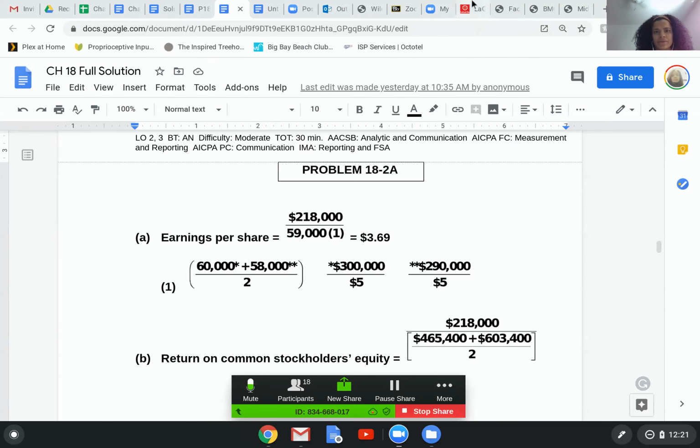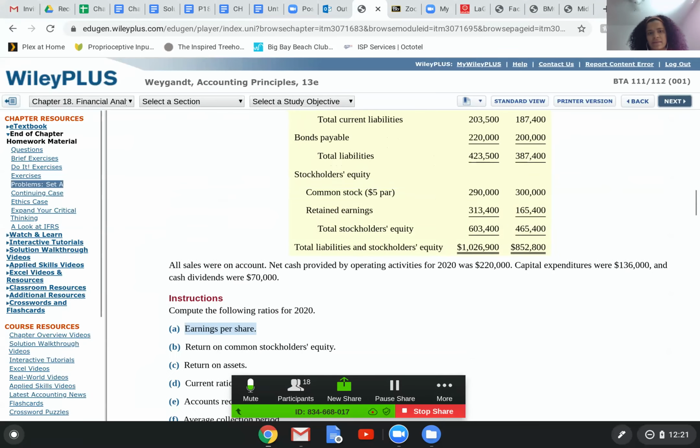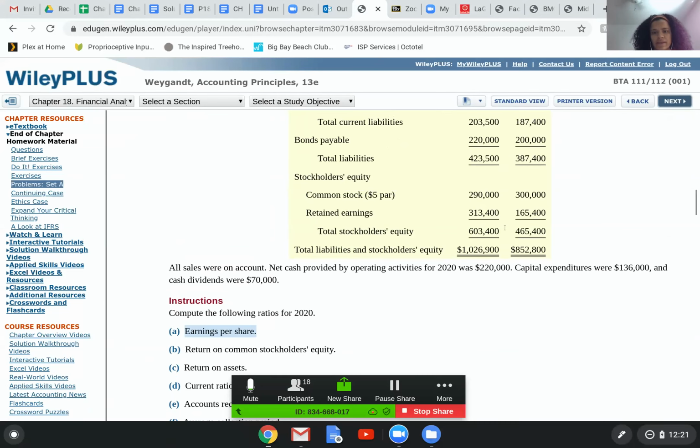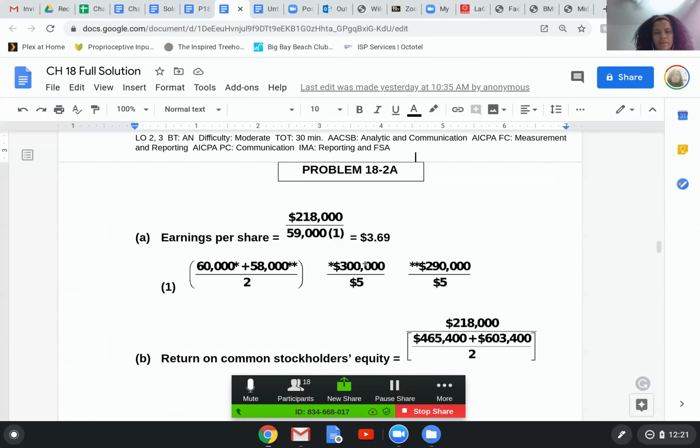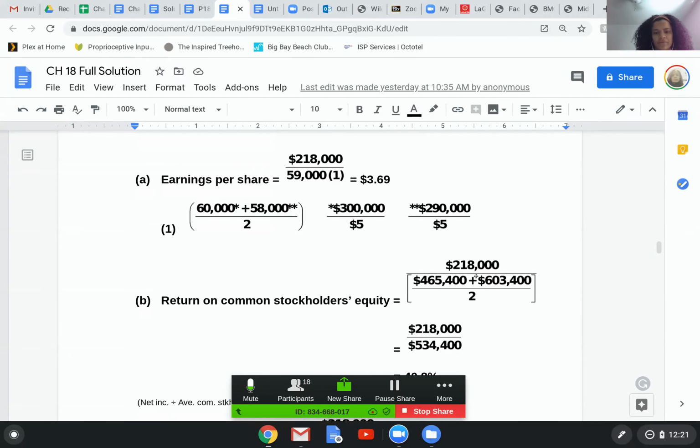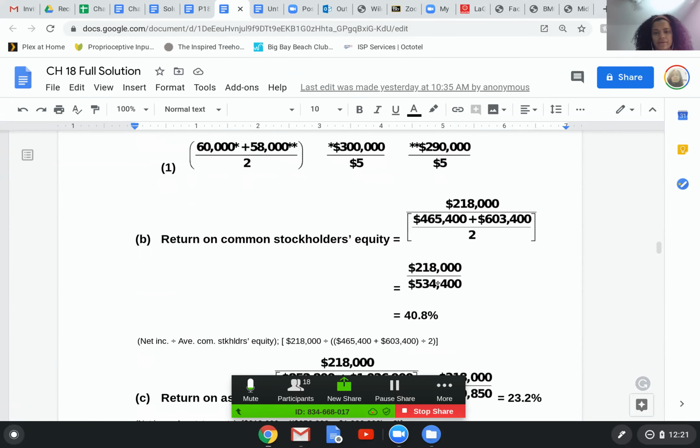Looking at the question, you can see that stockholders' equity is these two numbers, 603,400 and 465,400. Those are the numbers that you average out to get to 534,400, and 218 divided by that 534 gives you